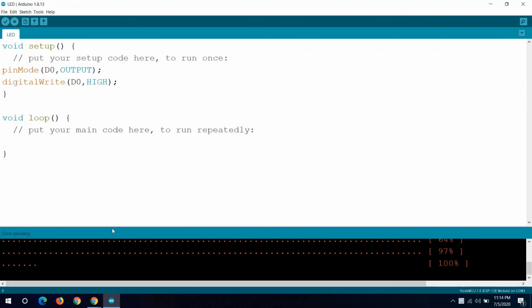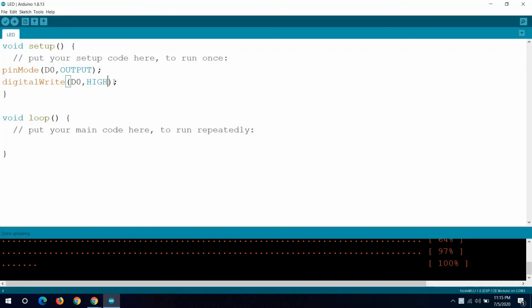Now if I look at my Node MCU, I can see that the LED is not on. The thing here is that the inbuilt LED at D0 is enable low. Enable low means it has reverse logic. If I specify HIGH here, my LED will be low.